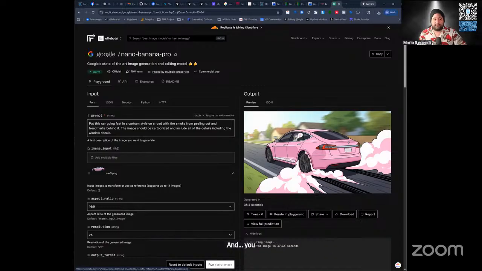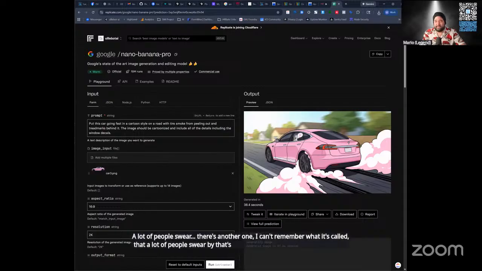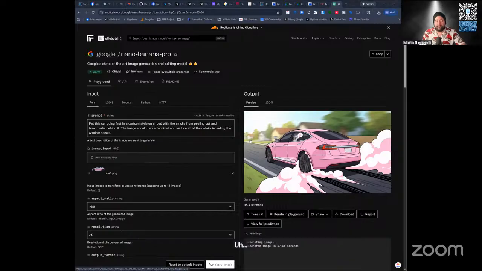And you can also run private models, so you can train your own image models, and you can do all sorts of fun stuff. A lot of people swear by another one I can't remember the name of, that's supposed to be API first, but they keep lying to people. Replicate's owned by Cloudflare, so I trust it a lot more than the other services, and it's super stable. I use this for YouTube shorts and for creating stories because